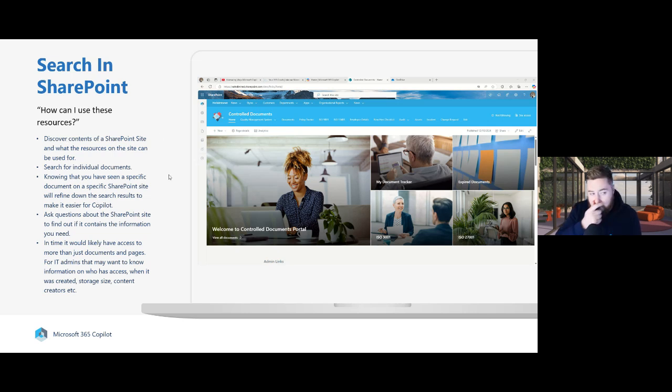So next is Copilot inside of SharePoint. We've looked at using Copilot in the Teams interface for searching and finding things inside of Teams, but we can actually use this to find things inside of SharePoint as well. So if I just play this,